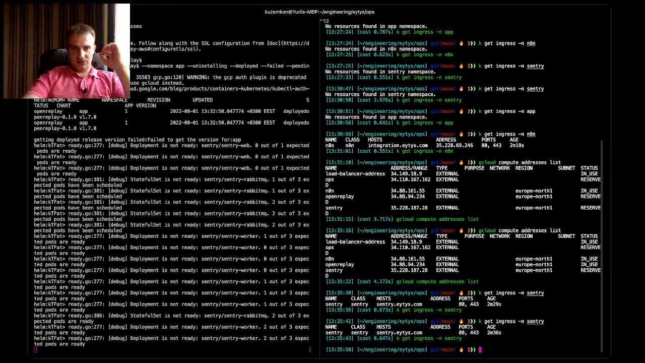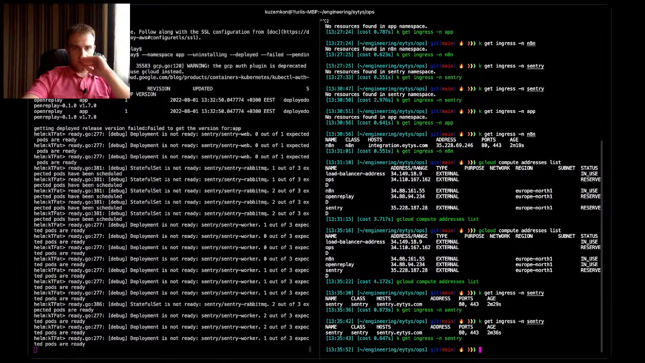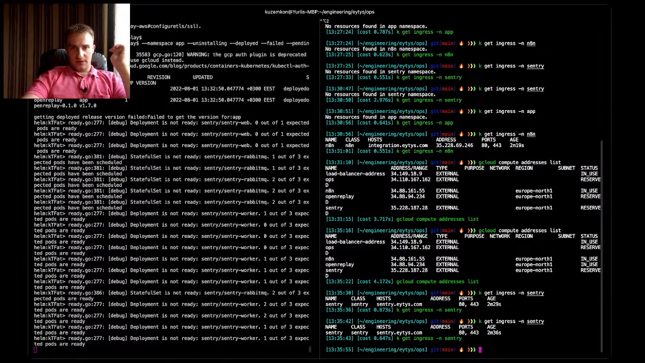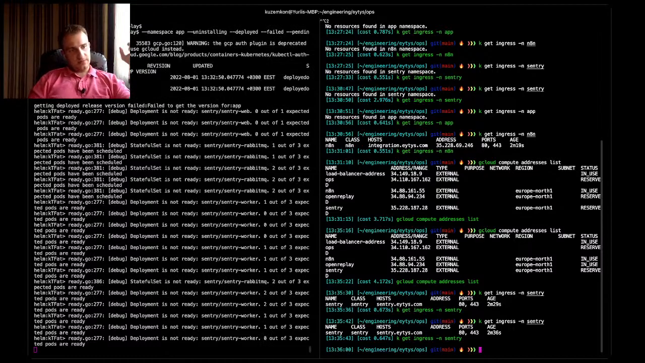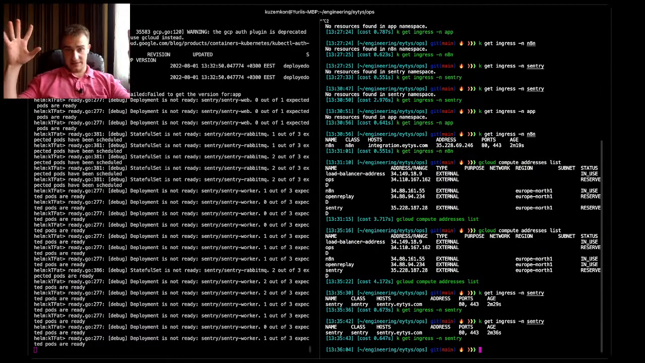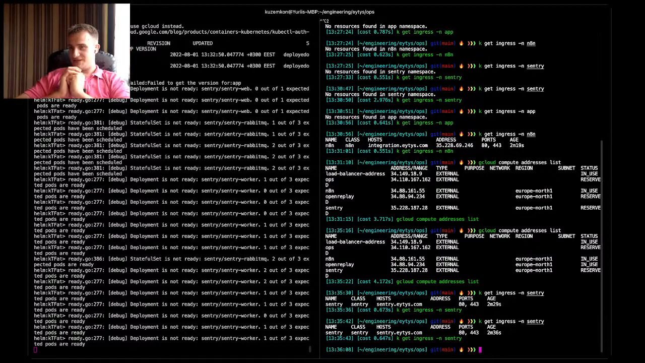Let's wait until Sentry deploys and then see what we can do. So yeah, this experience of having a custom load balancer, especially if you want to have multiple load balancers, because you have a big cluster and a whole bunch of services, and you have multiple load balancers for each of these,